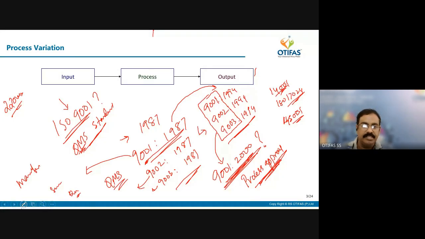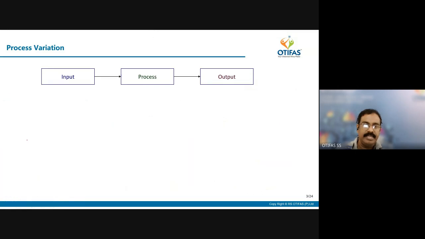Process approach means they said that whether it is manufacturing or service, IT, pharma, whichever company it is, doesn't matter. Whether you are a manufacturing company, a service company, in banking, in IT, or in pharma, it doesn't matter. Actually, the process is transforming input into output. In service, there will be a service related process.